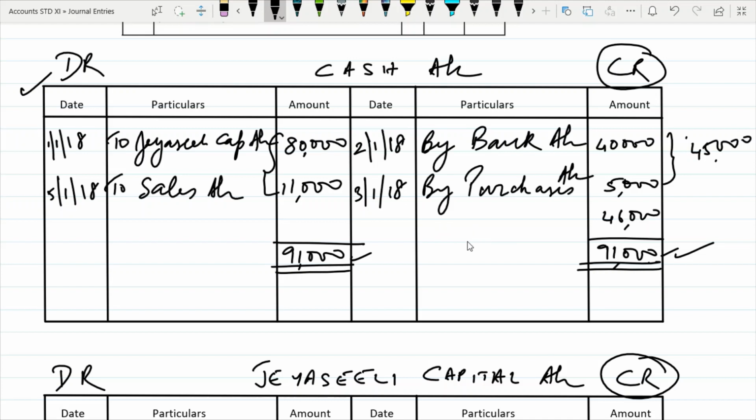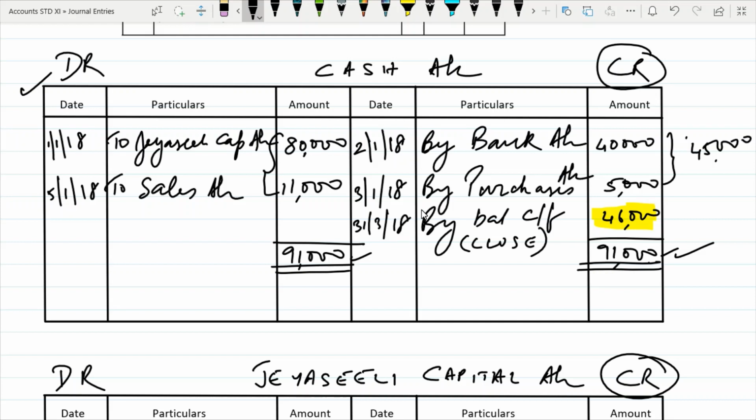So this is your, I will just put it here in brackets. See, you do not have to write this. I'm just writing it in brackets. So by balance carried forward. So this figure here is your closing figure. We shall write the date. The date can be at the end of the month or at the end of the year. So right now we shall write 31st